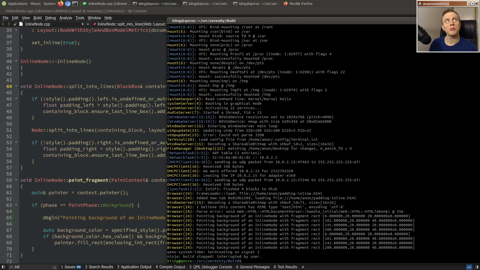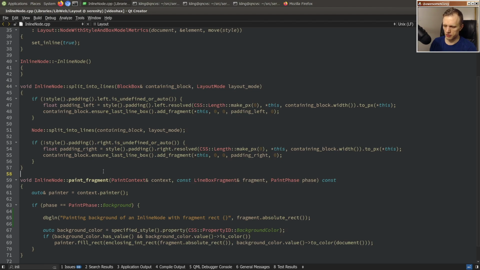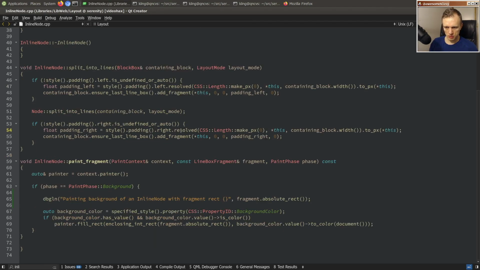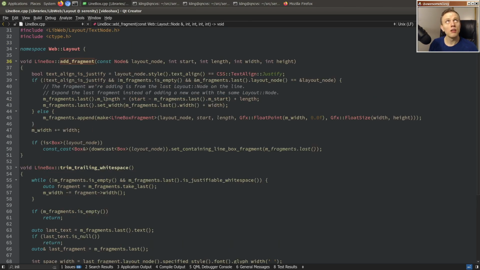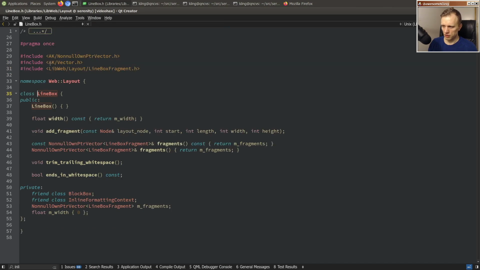Or make them the height of the tallest box on the line. Actually, maybe that's the thing to do. And I feel like maybe we should mark these fragments somehow as a sort of leading or trailing padding fragment. I don't know exactly what to call them, but